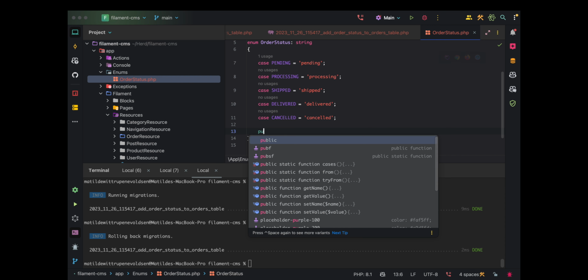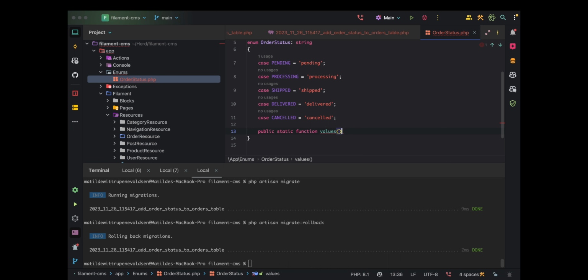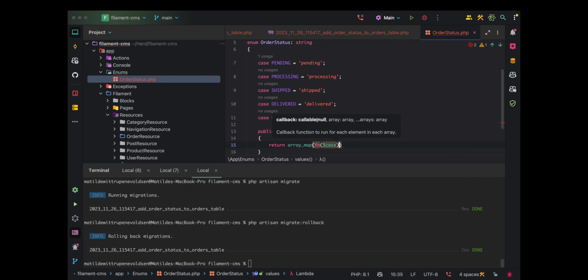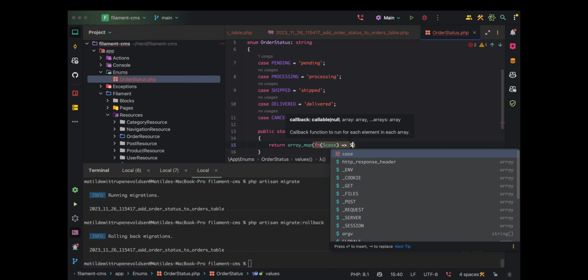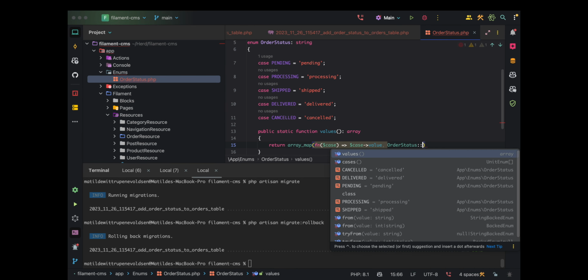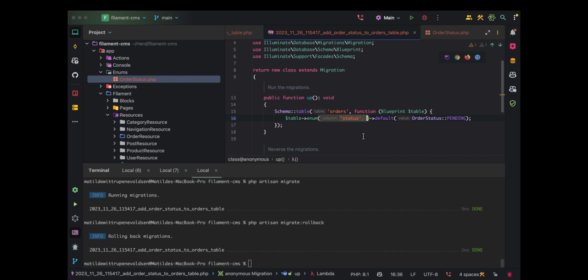So to fix the migration error, let's create a public static function called values. Inside here, we want to return an array map, and then with a shortened case from case, and we want to have case value with OrderStatus cases returned. So if we now go back in here and we then say OrderStatus values,